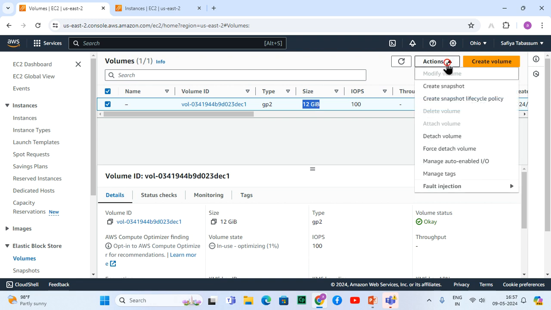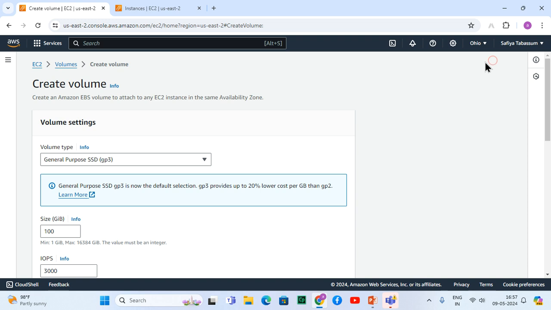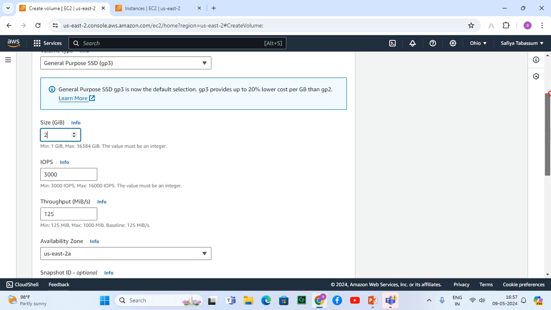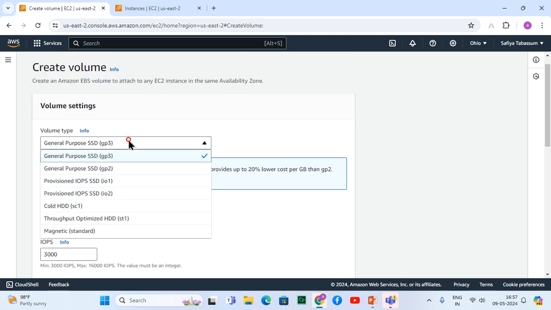Now if I want to add an additional hard disk, I create a volume. How many GBs? I want 2 GB. The types of volumes are general purpose, and cold HDD or magnetic. Provisioned IOPS is basically for production, which has a high speed disk. General purpose is fine. Cold HDD is basically for normal, temporary work.